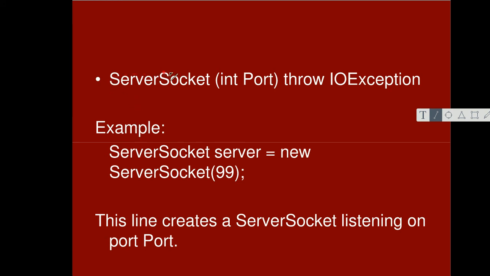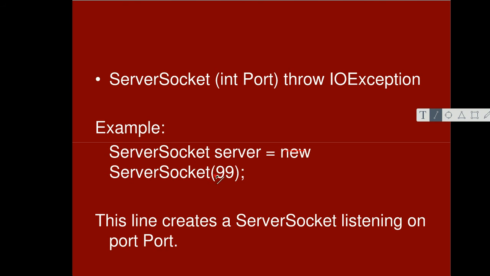So you can create a server socket object by, first of all, giving it a name. Let's call it server or Chris's server. It's of type ServerSocket, and I want to create it by forcing it to monitor port 99. So after I've executed this very simple line, look at it: server is of type ServerSocket, and I'm giving the name server to the object created using the ServerSocket class by attaching the number 99. 99 is the port number.